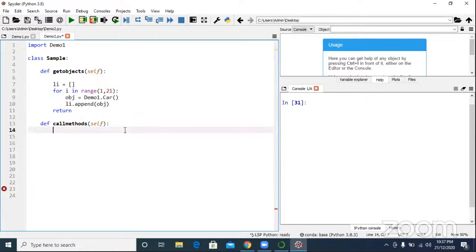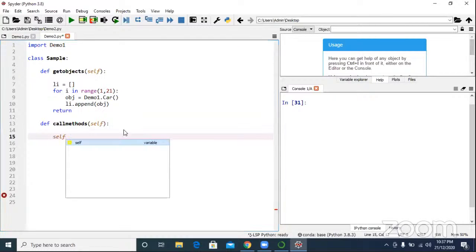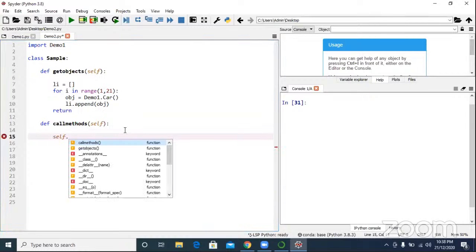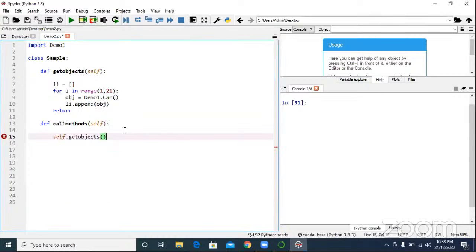Now self dot get objects. What will happen? Tell me. Self dot get objects, what am I doing here? The list of objects is coming here.